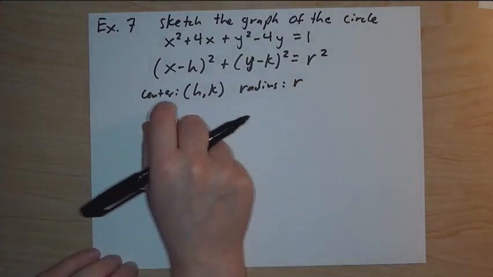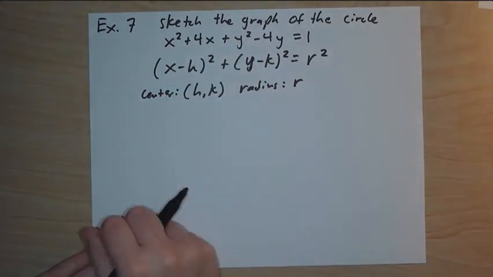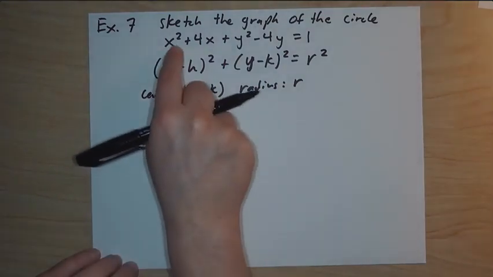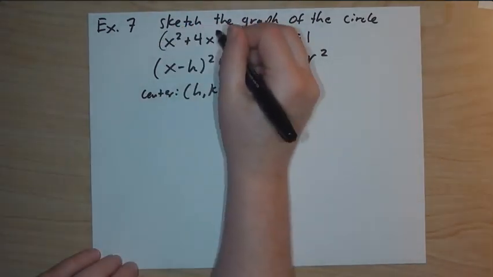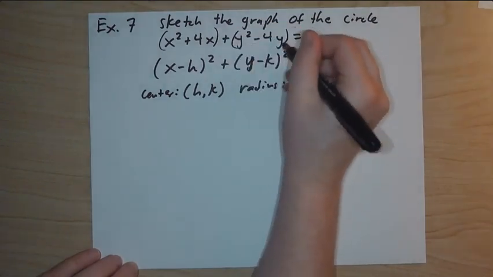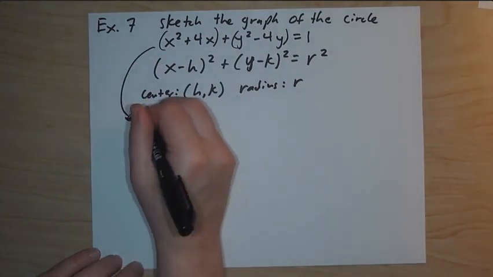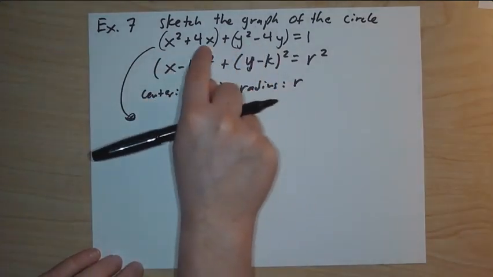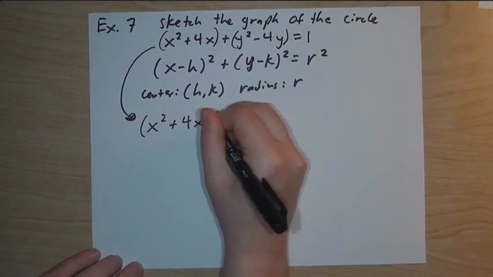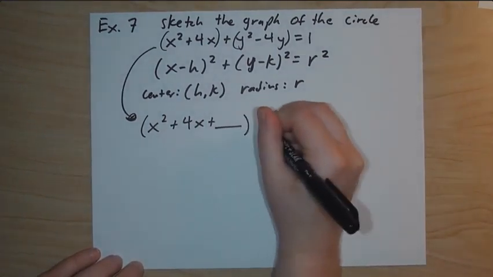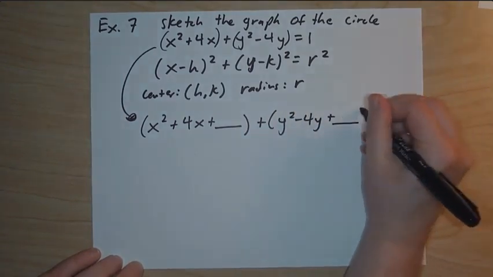And we're going to have to notice first that we have two perfect squares in this format that we don't have up here. So we're going to have to complete the squares of both our x group and our y group. So we're going to create two groups with our x's and another group with our y's. And to complete the square, we're going to add something to each of these polynomials. So we have x squared plus 4x plus some number we don't know yet. And for our y polynomial, we have y squared minus 4y plus some number we also don't know yet